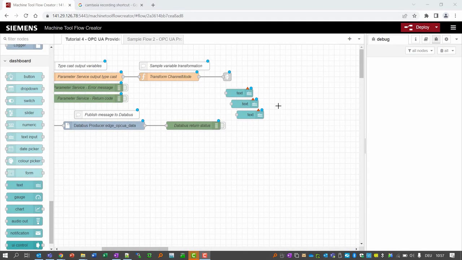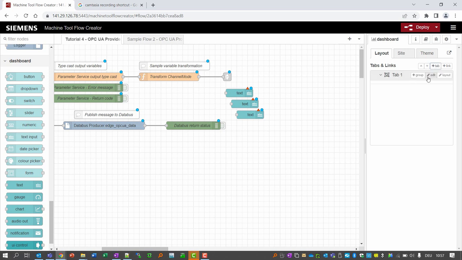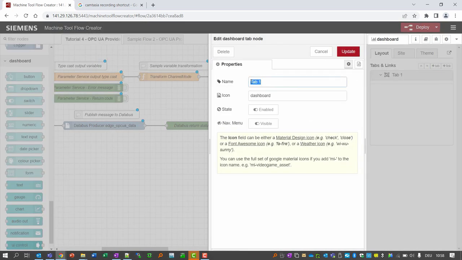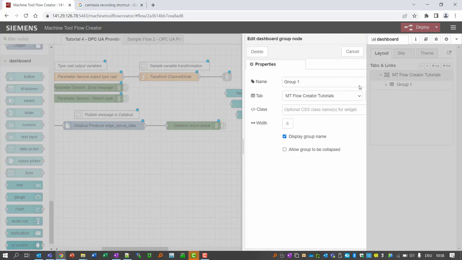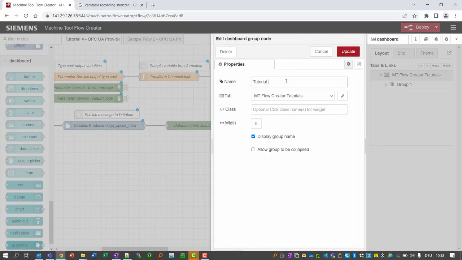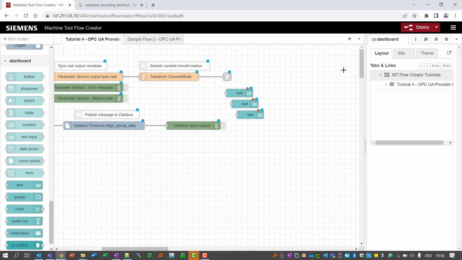And the next step is to create a dashboard where we can put the elements on. Therefore, I create a new tab, call it Machine Tool Flow Creator Tutorials, and in this tab I create a new group, and the group is called Tutorial 4 OPC UA Provider App. And in this group we can organize our text elements. So first I connect the text elements to the output of the function node,